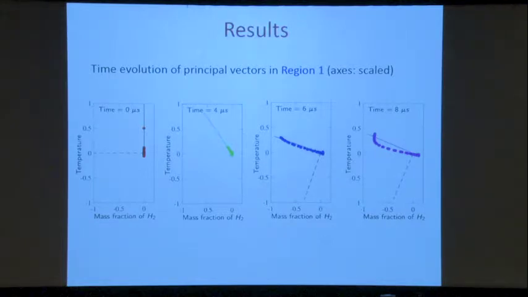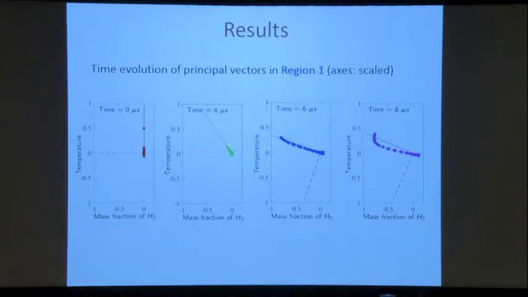So we computed the co-kurtosis principal vectors in region 1. Again, the axes are scaled. And we see at time 0, the alignment of the vector is only with temperature because nothing has reacted at that point in time. But as time progresses, I should say we're plotting temperature versus mass fraction of H2. But as you can see, as time progresses, that vector rotates and tracks the evolution of that first ignition kernel